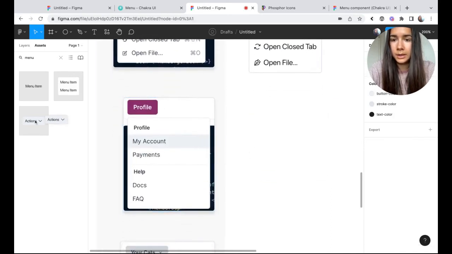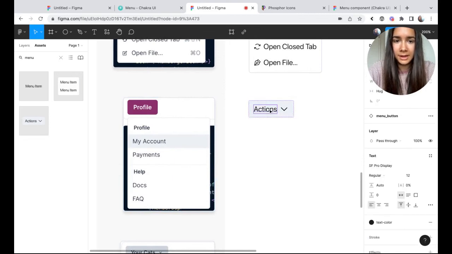And then our next one, interesting, they don't even have an icon here, but we'll keep one in.